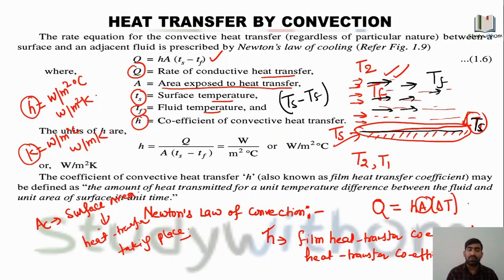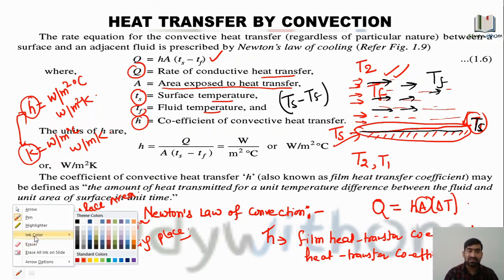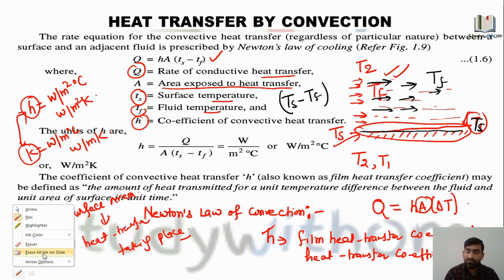So you do not have to differentiate between the H and K while you are taking consideration by the units, right? So we have seen what is the heat transfer in case of conduction and what is the heat transfer in case of convection. That is H A delta T. H is the heat transfer coefficient. A is the surface area or exposed area through which heat is being exposed. Ts is the surface temperature, and Tf is the fluid which is flowing over the flat plate or whatever kind of surface, right?